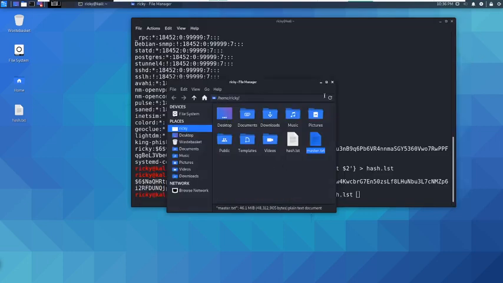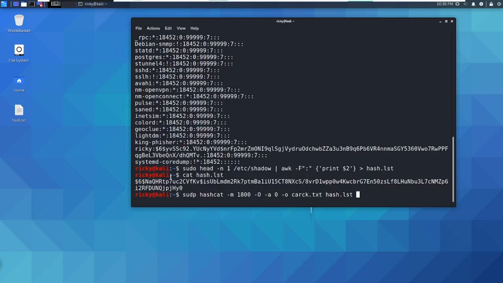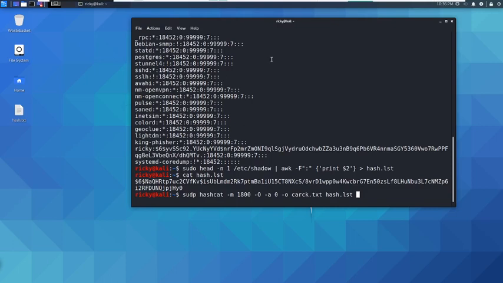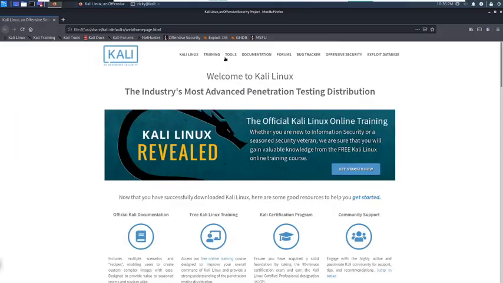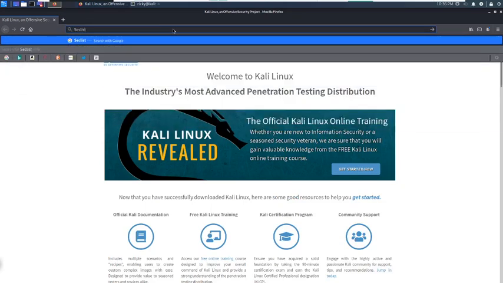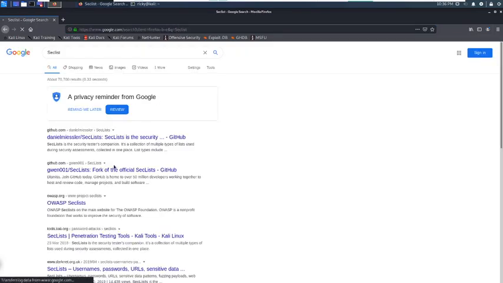I normally download it from SecLists. If you guys don't know, you can download it from SecLists. You can find it easily in Google. If you type SecLists, you can download lots of files here. I'm just showing SecLists. If you type in Google, it will be on GitHub.